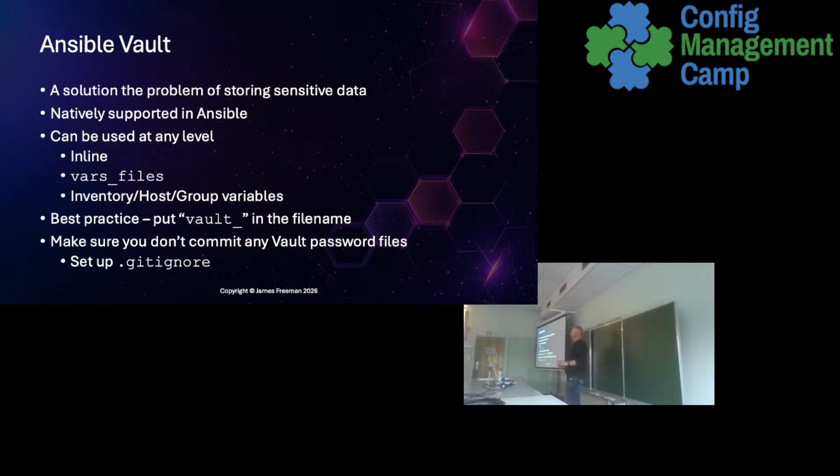Now, Ansible Vault. Very specifically, Ansible Vault is distinct from any other Vault product on the market, because I know the name gets reused by other vendors as well. This one is worth knowing about because if you start out like I did with that example code, you might have a password in your code, which you really don't want to do. And you certainly don't want to end up pushing that either deliberately or accidentally to a public Git repository. That's just not a good idea, as we all know.